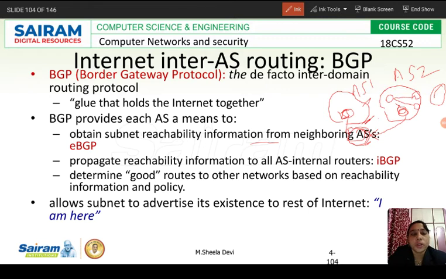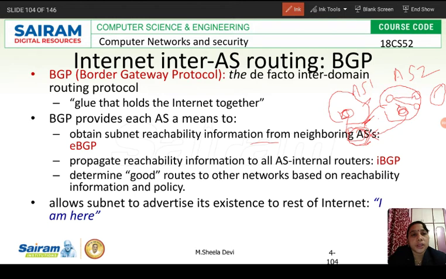So my border gateway router will propagate whatever it has learnt in the first step, how to reach this subnetwork present in the different autonomous system. The second step is it will propagate the information which it has learned to all the routers inside its own autonomous system.